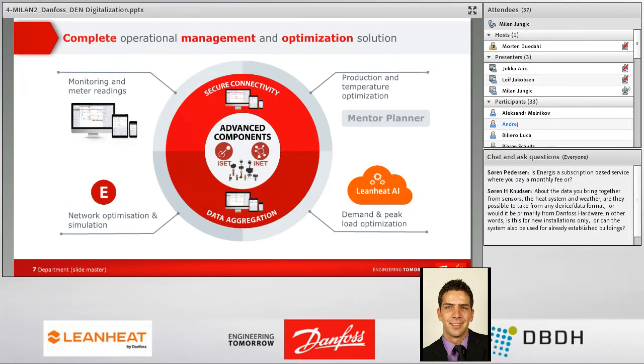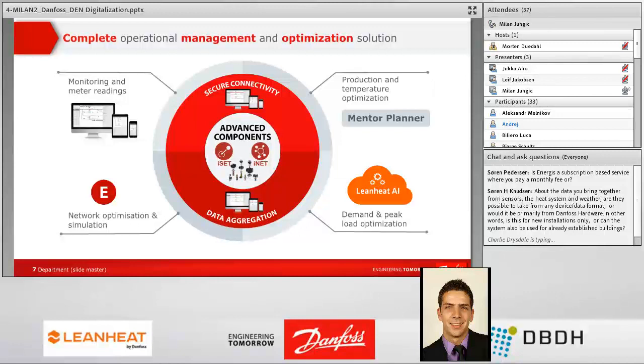So to recap all together, Danfoss, as you know, is traditionally a company with a strong foundation and experience in building control components, different kinds of flow and pressure components. In the first stage, we are improving those components by introducing advanced digital technology directly on the components where it makes sense, where we can optimize systems already locally, and adding connectivity,